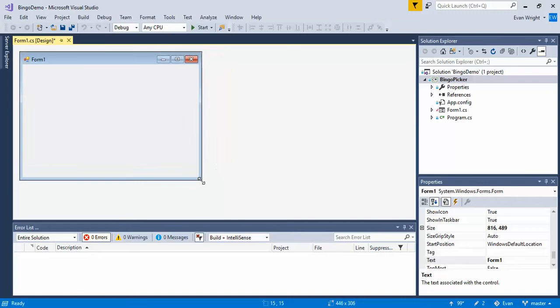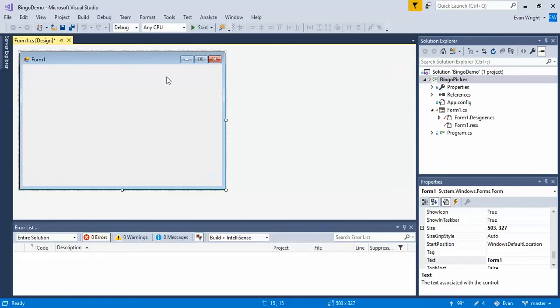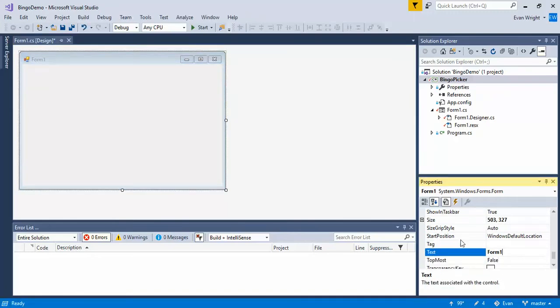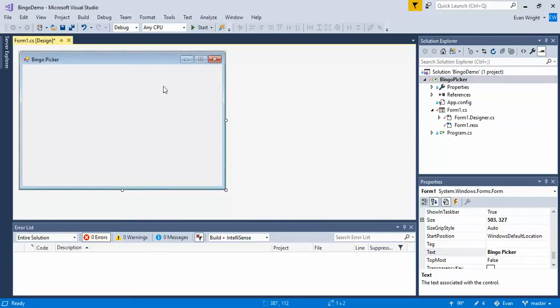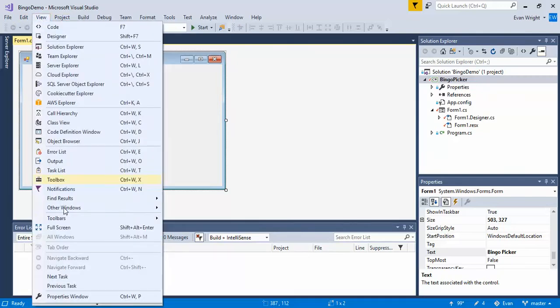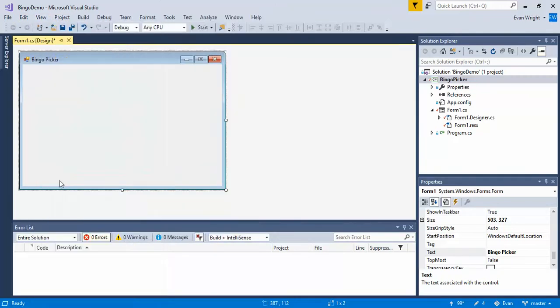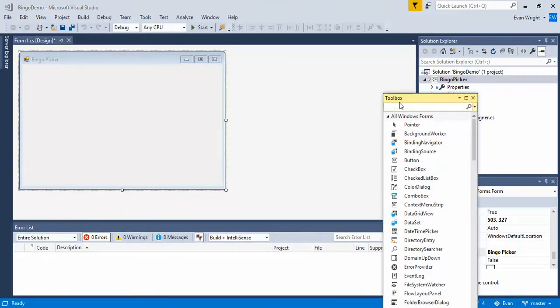Alrighty, let's do a form app here. I'm going to set the text property on the window to be Bingo Picker. Why did I choose a form app? I guess because I wanted to have the menu strip. So let's bring up the toolbox, and then let's put a menu strip on here,